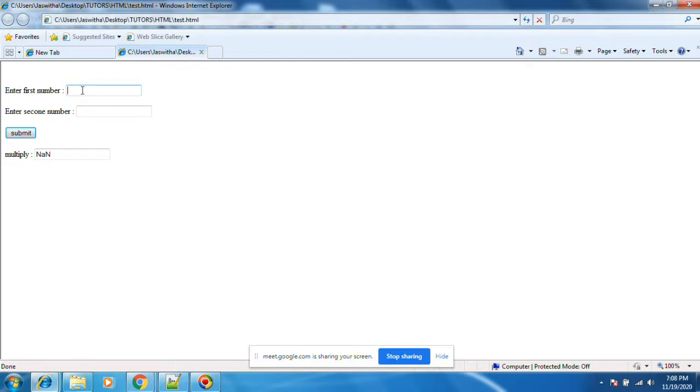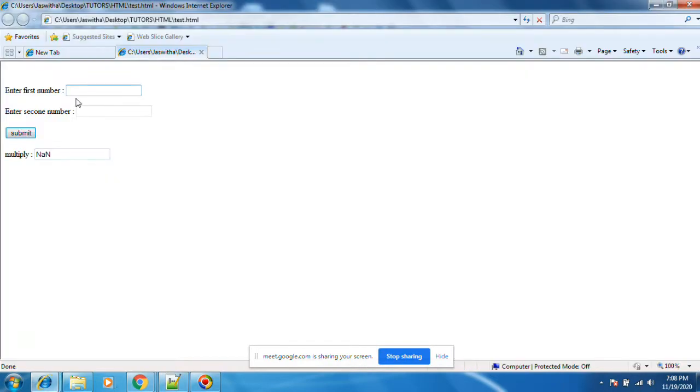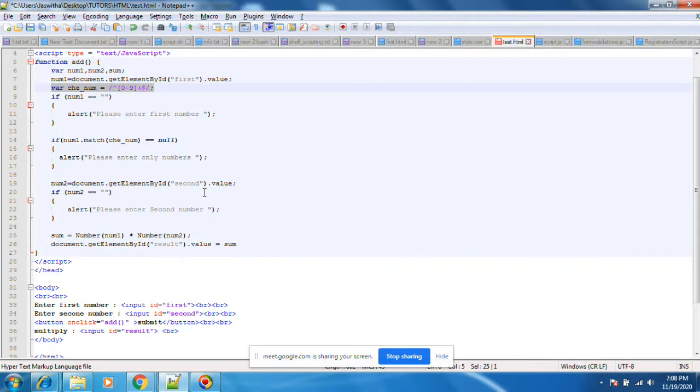Now this is the search criteria. We are accepting only numbers, that means integers. Integers only we can multiply here. We are accepting only integers from the user, not general numbers.